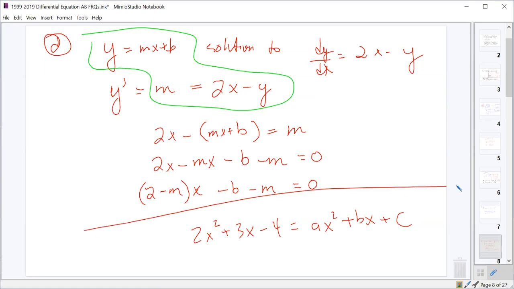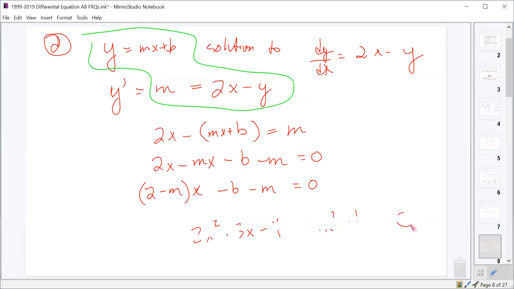This is unrelated. 2. Yeah. A is 2. What's b? B ought to be 3. And what should c be? c should be -4, right? So same concept here, except